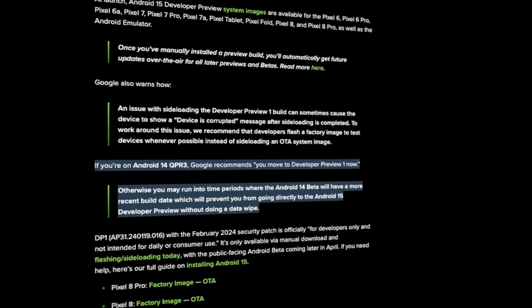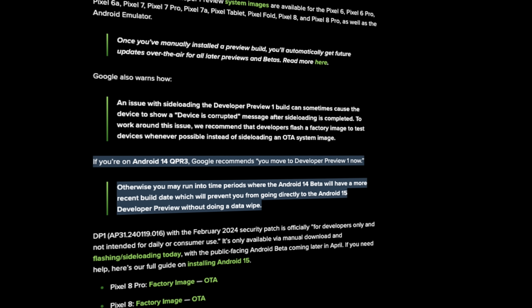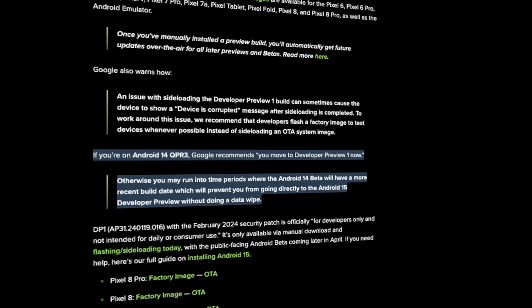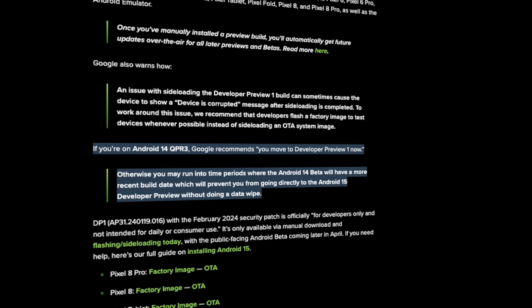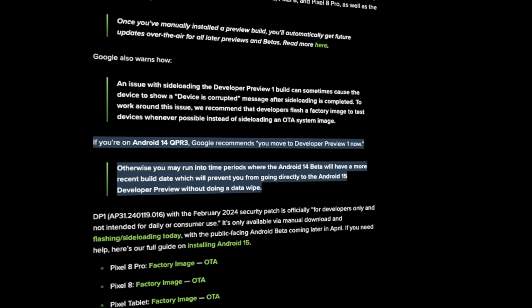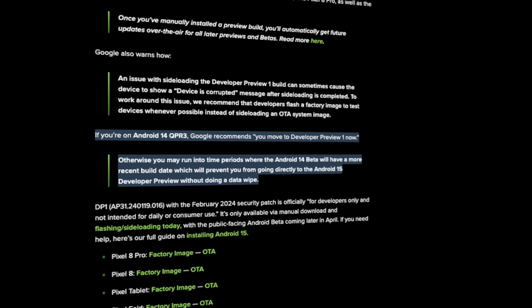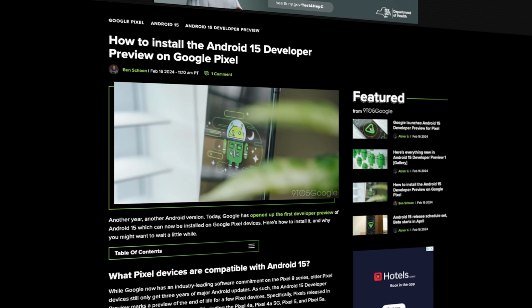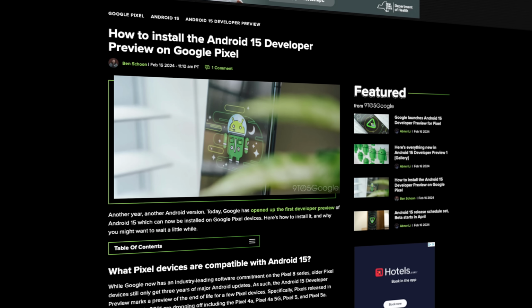If you are on Android 14 QPR3, Google does say now would be a good time to upgrade to Android 15, since the Android 14 build will be technically more up to date, which will prevent you from upgrading without wiping your data. If you did want to try Android 15 for yourself, we do have a link in the description if you wanted to get started,